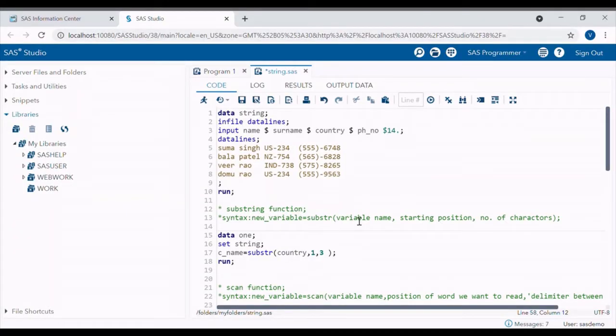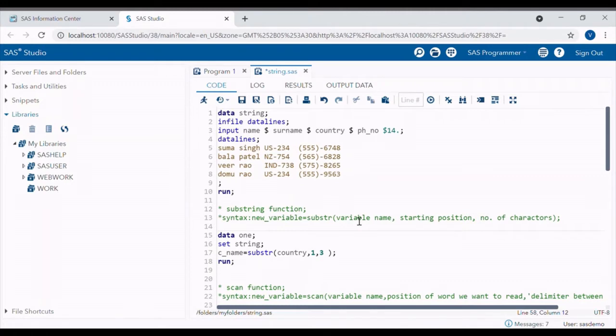In this video, I am going to tell about string functions in SAS. I have created a video on arithmetic functions also. You can check it on my channel. I will be discussing date and time functions in my next video, so stay tuned. So let's get back to the string functions in SAS.